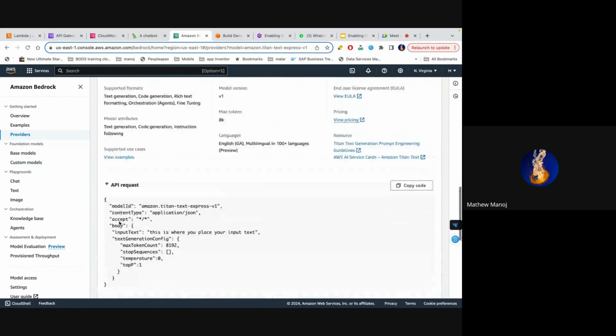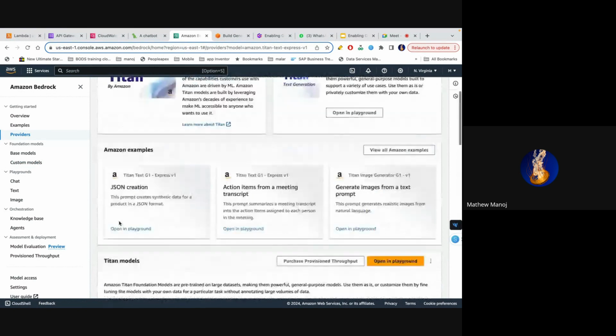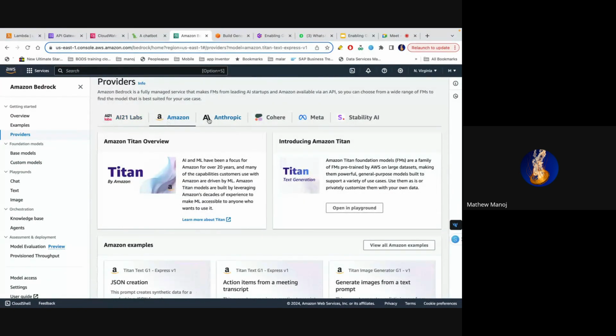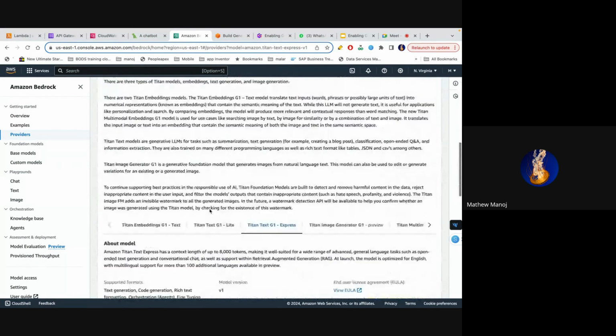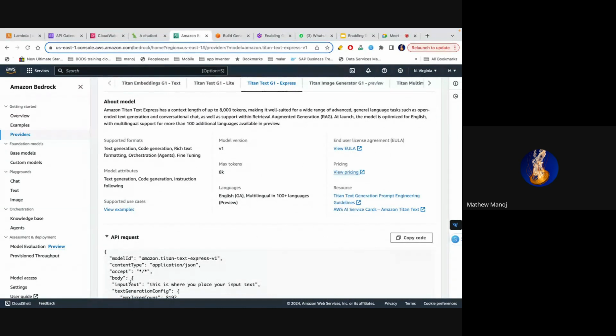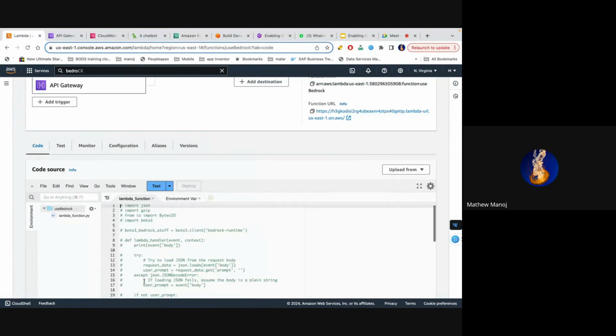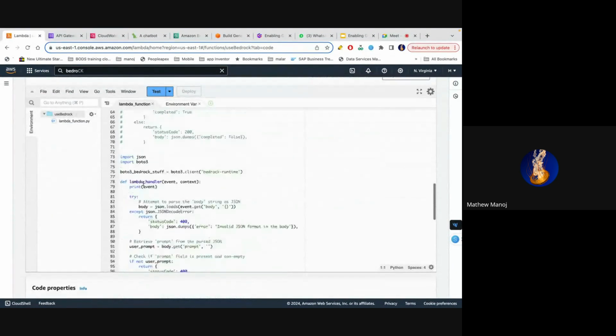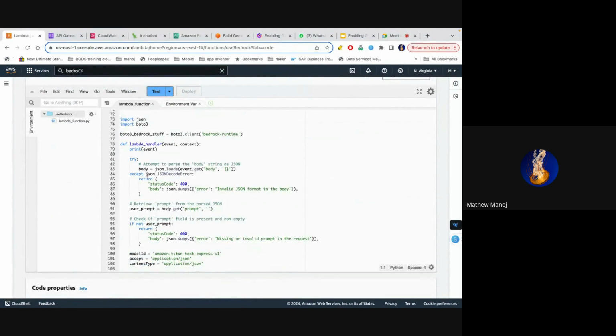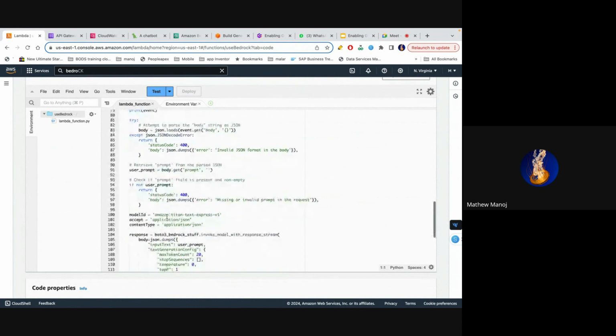Yeah, so you will just go through here. Based on whatever model or provider it is, how you pass in the prompt will be different. But that's the point: you come here, take the API, and see how you integrate it with whatever language you're using. I'm using Python because that is easier for me to write. The only parts that change are the model ID and how you pass in the user input, and you will get to know that from the website itself. Got it, that answers my question.